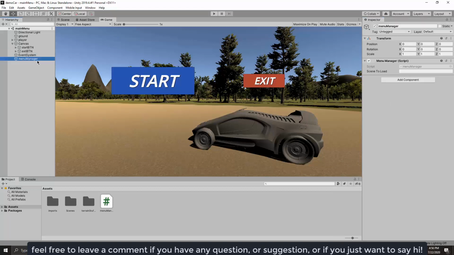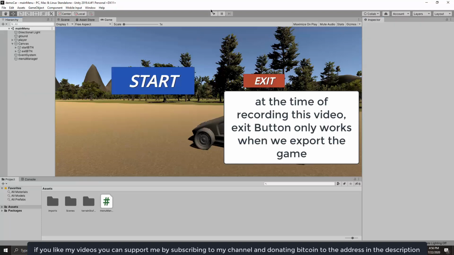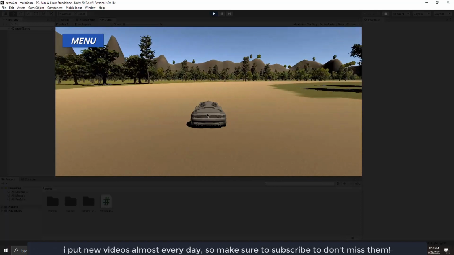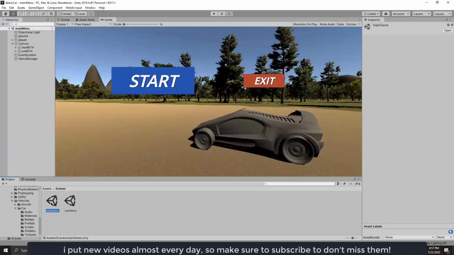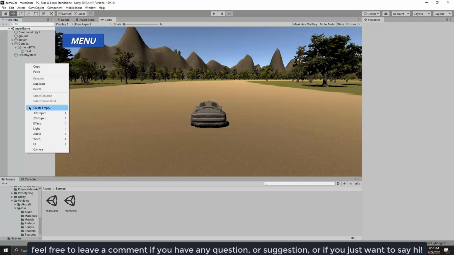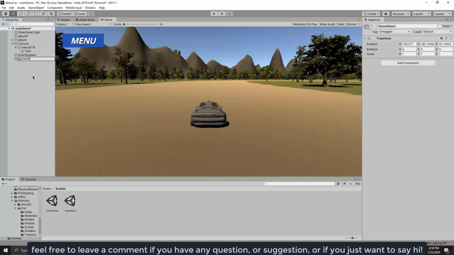Go under menu manager and we should define the scene to load here. My scene is main game, and Ctrl S to save it. And if we hit play now and hit start, the main game scene will load here. Under scenes, main game, go find the button, your button. I'm just gonna rename it to menu button, and we need to create an empty, rename it game manager, and